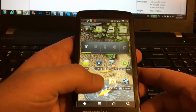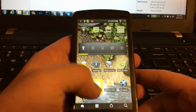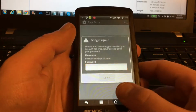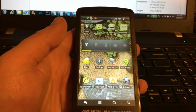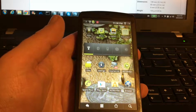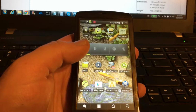Another thing I quickly learned is the Play Store won't work. I have a really hard time selecting it. It won't take my password. It will not take my password. I'm pretty sure what's going on there is Google has their thing where, for security reasons, they won't let older units online anymore. But other than that,